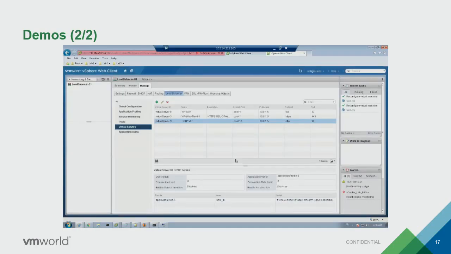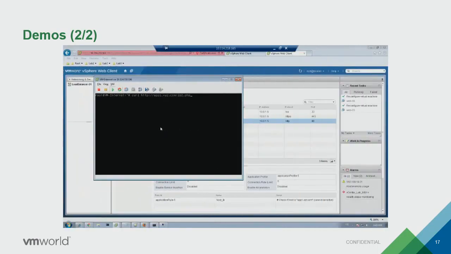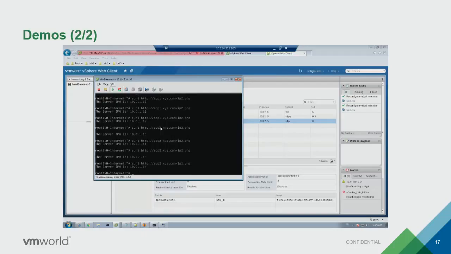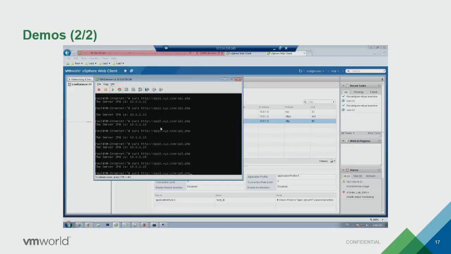Okay, and then the test. That will be the same great funky application that displays the IP address of the server, and you cannot see anyway, so you'll just trust me. When you go to app1.xyz.com, it's load balanced between 11 and 12. And when you go to the same IP address, those VIPs are going to the same IP address. But when I go to app2, I go to 13 and 14, and app3, I go to 15 and 16. You've been doing that for years on your load balancer you love. It's just to say